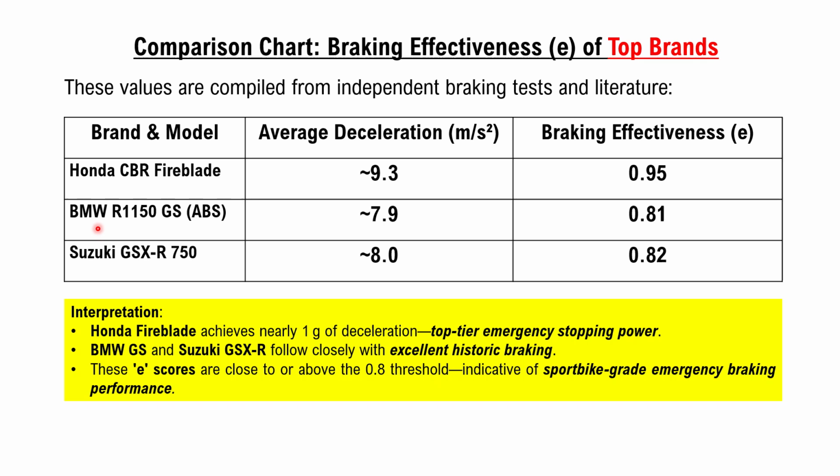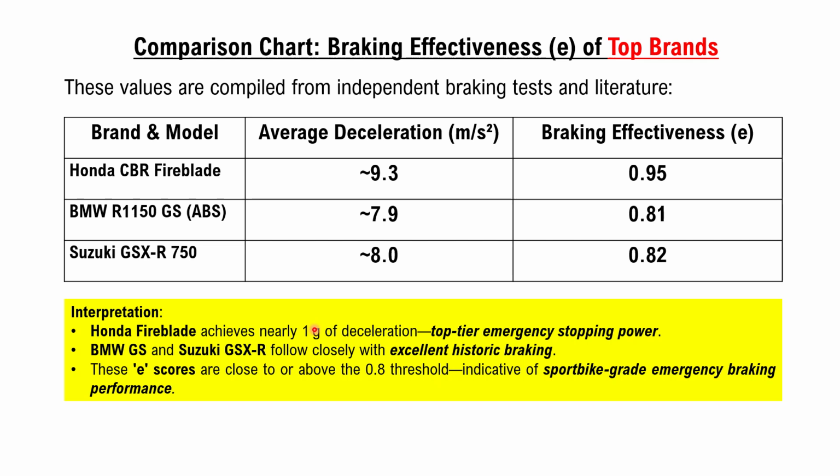Number 2. BMW R1150GS with ABS brakes. Its braking effectiveness value is 0.81. Number 3. Suzuki GSX-R 750. The braking effectiveness of this model is 0.82. We can interpret that the Honda Fireblade achieves nearly 1 G of deceleration, which is indicative of